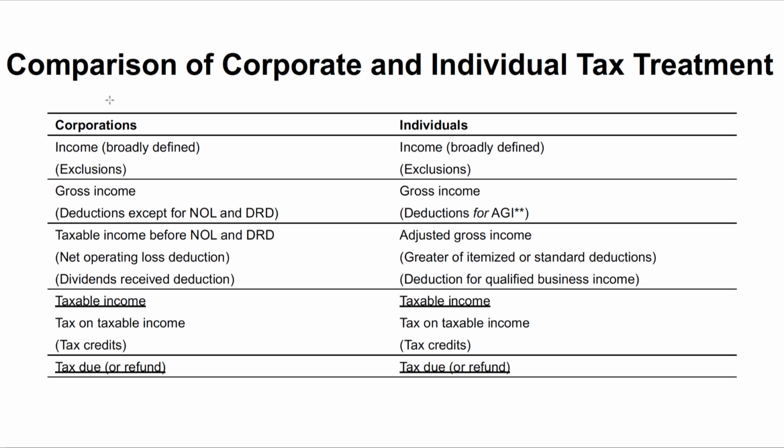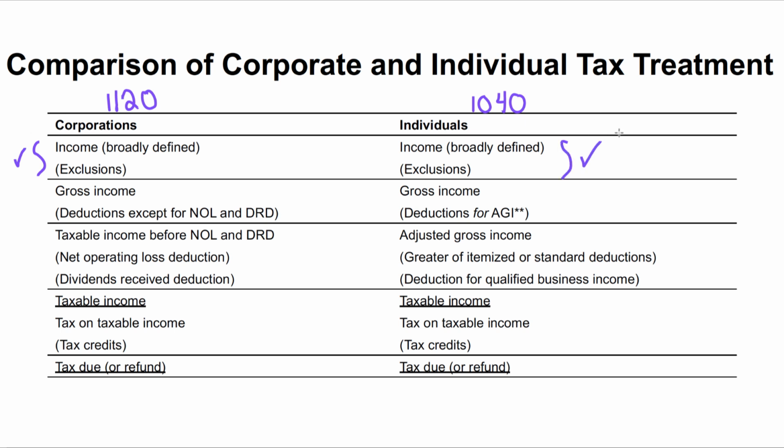You might actually want to stop at this point. Remember, corporations file Form 1120, specifically C corporations. Individuals file Form 1040. Go stop the video. Take a look at Form 1040 versus the 1120. Again, you're going to see lots of similarity. The structure and labeling might be a little different when you look at these forms, but you're going to see